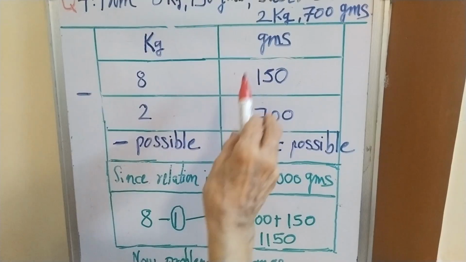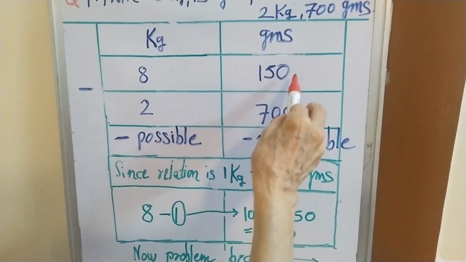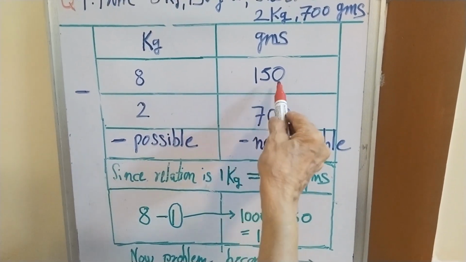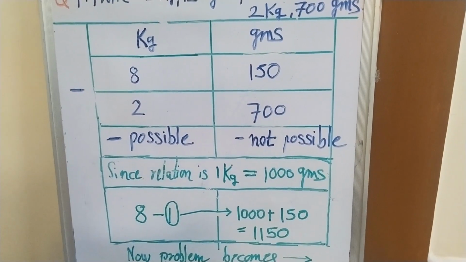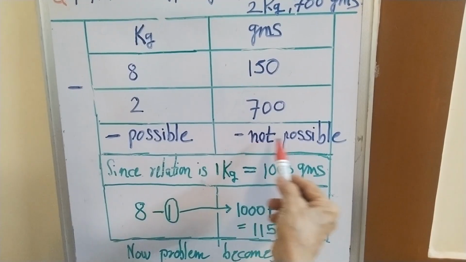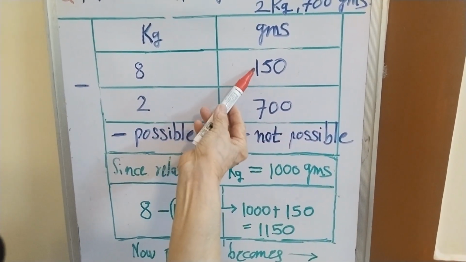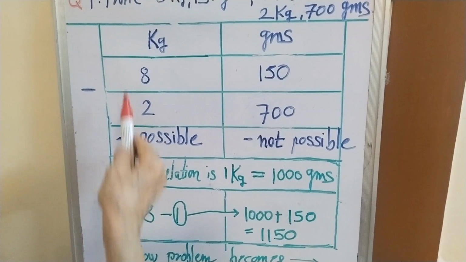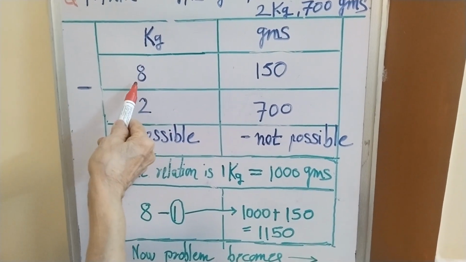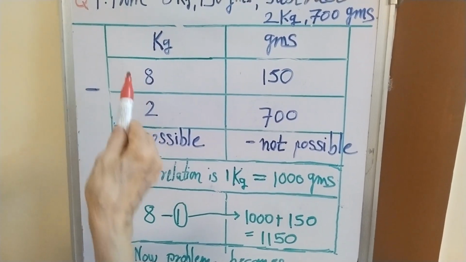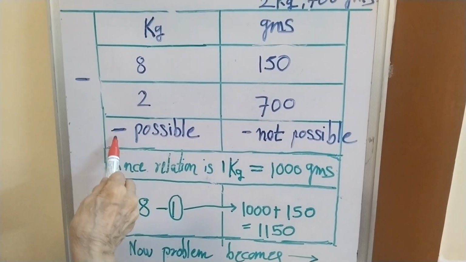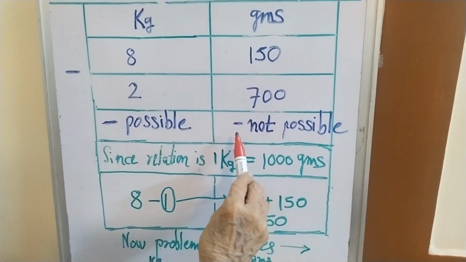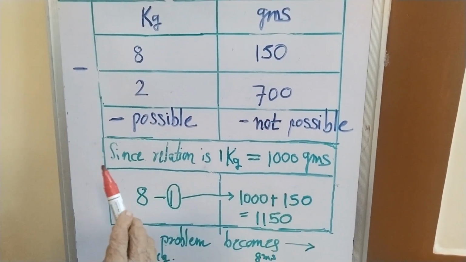Now let us see. In grams, the upper one is 150 and the lower one is 700. That means from 150 we have to subtract 700. This subtraction is not possible because 150 is smaller than 700. Let us see what happens in kg. In kg, the upper number is 8 and the lower number is 2. So subtraction is possible here. So something has to be done about this side. Now for that we will have to remember the relation